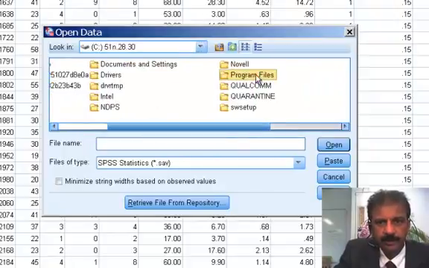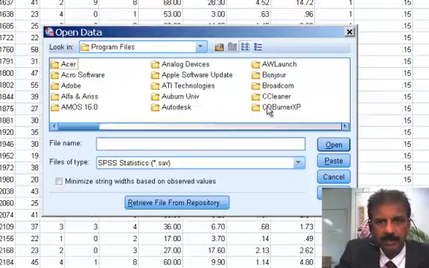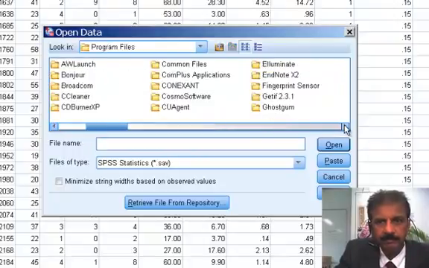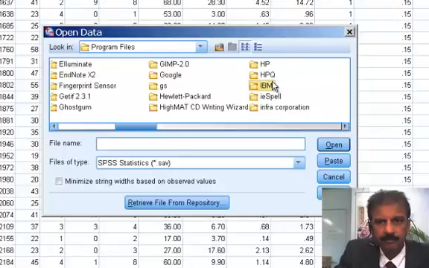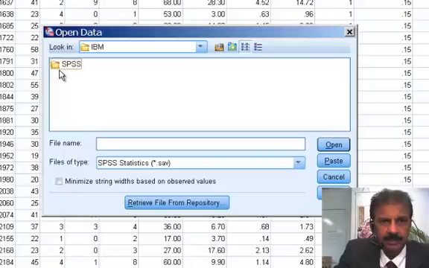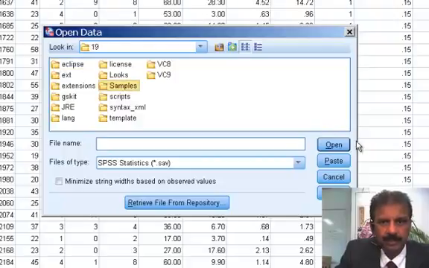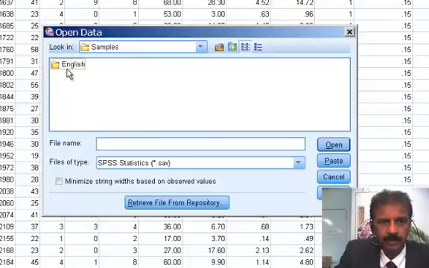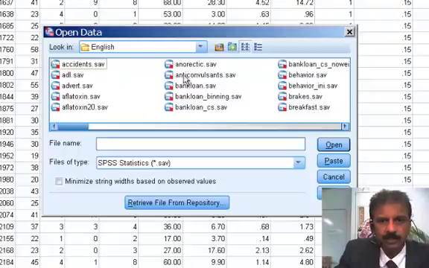and then go to program files, go to IBM, alright, we go to IBM, go to SPSS, go to statistics, go to 19 version, that's what you have, and go to samples. Now I'm just going to open up samples. Alright, I'm going to go to English, and then I open up, and assuming I have a file like this, behavior,